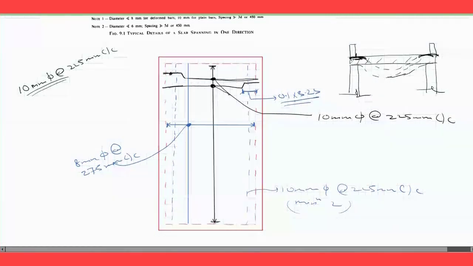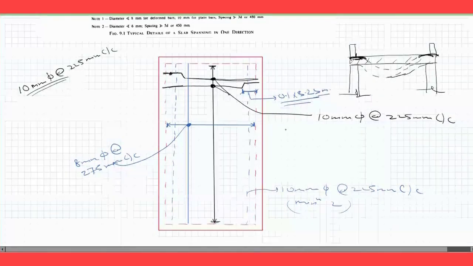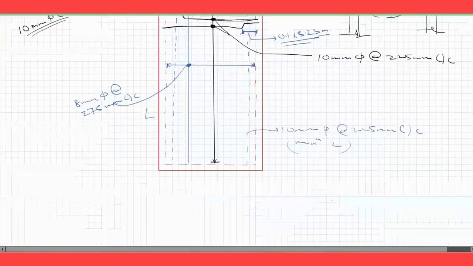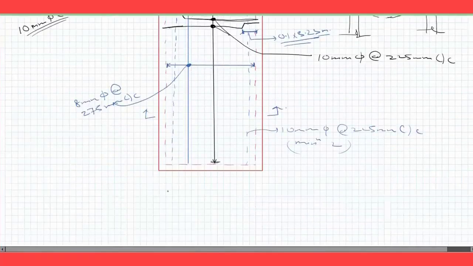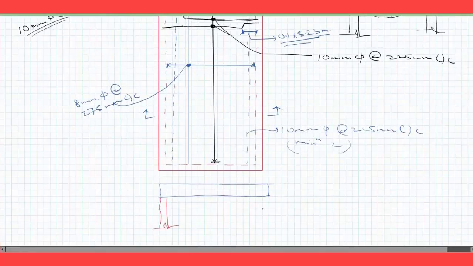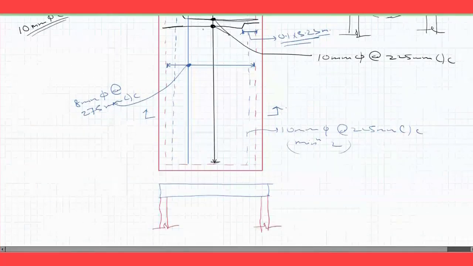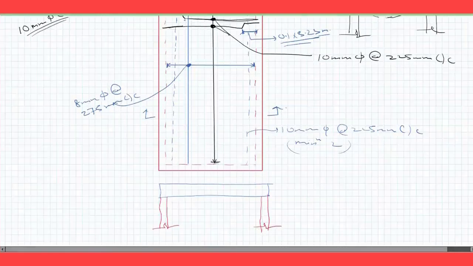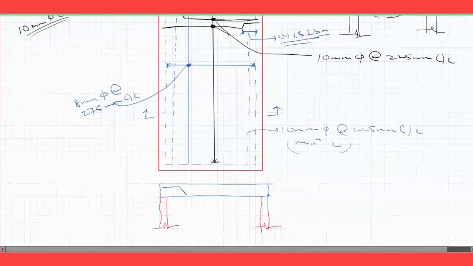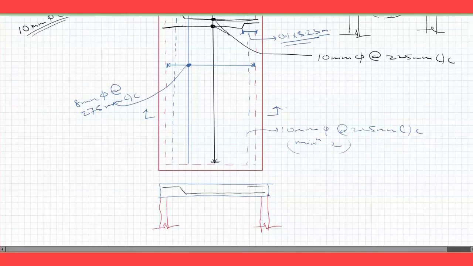Now, if you want to have this detail, you cut a section like this. If you cut the section like this, this is going to be your slab, and this is your wall. This is your wall. This is your main reinforcement, black line. So let me draw this main reinforcement. It is like this. So this was one of the bars. And how you are placing another bar, it is like this. It's going like this, and you are repeating like this. Again, the next bar will be in this manner. Next bar will be like this.